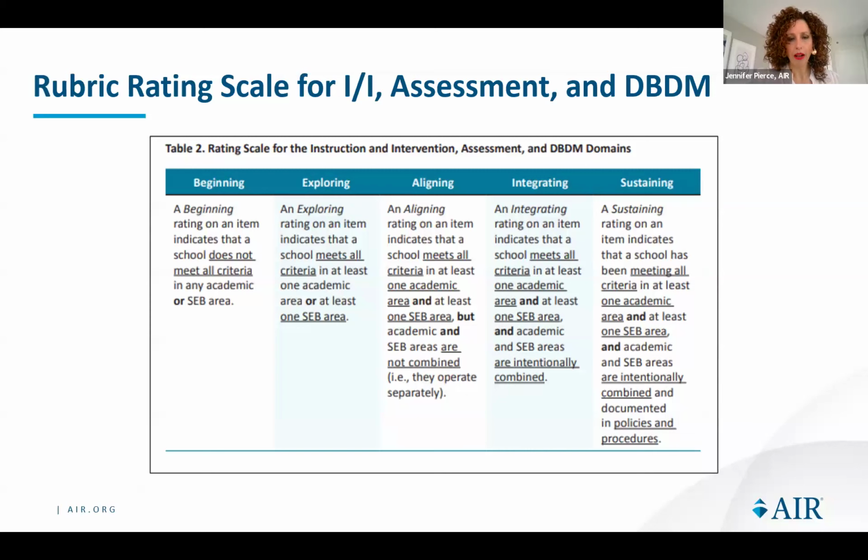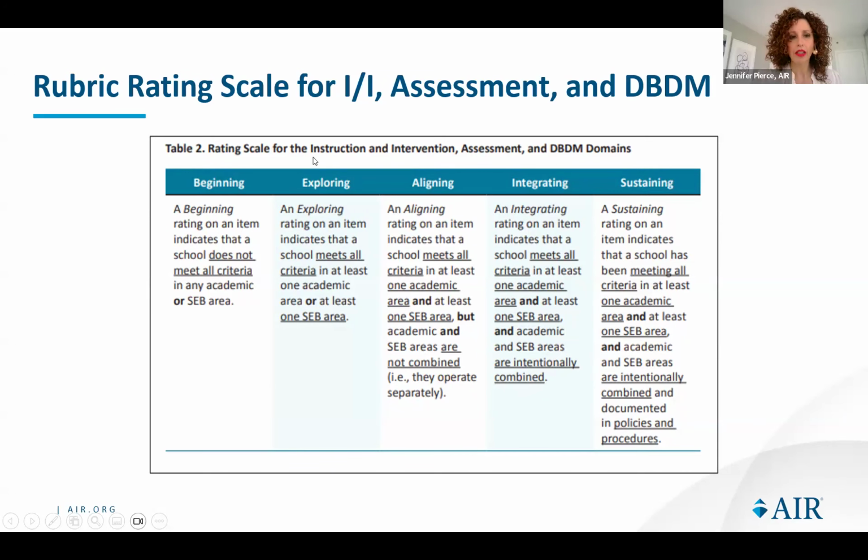This is an example of one of our two scales. We have two scales in this measure, which is also pretty unique, but there was a very clear reason from our data as to why we needed two scales. This scale is used for all of the domains except for infrastructure, and I'll explain that in just a second. You can see here it is a continuum for rating a school on each of those items. For example, tier 1 in this scale goes from beginning all the way over here to sustaining.